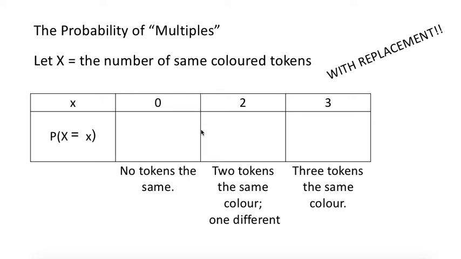This time there's no 1 here because you can have 3 that are the same color, 2 that are the same color, or they're all different. So all different, I could call that 1, I could call that 2. I could call that 0. Let's call it 0, it makes more sense to me. Okay, so